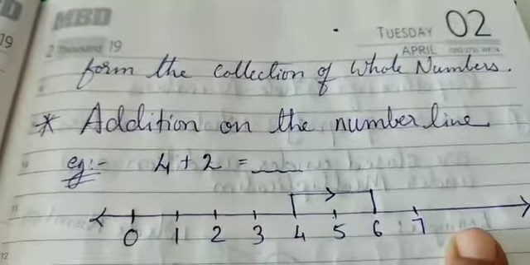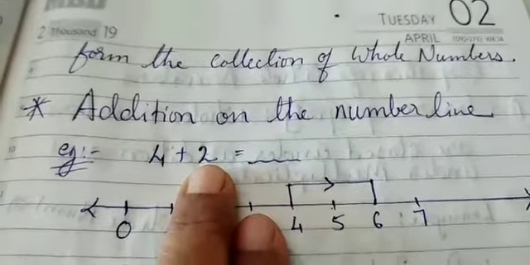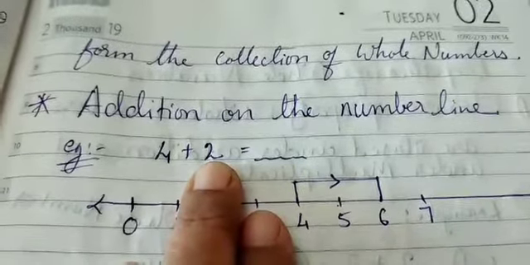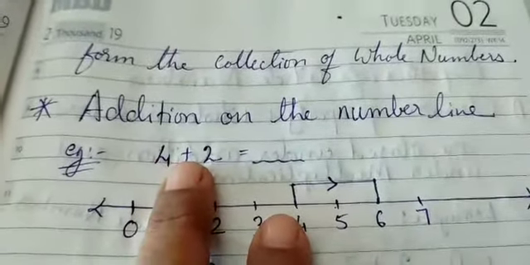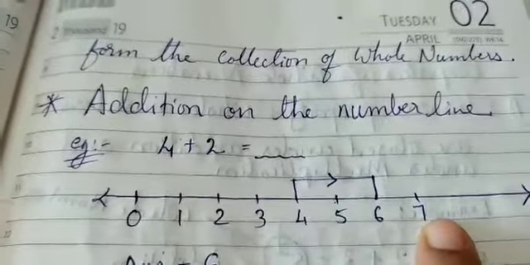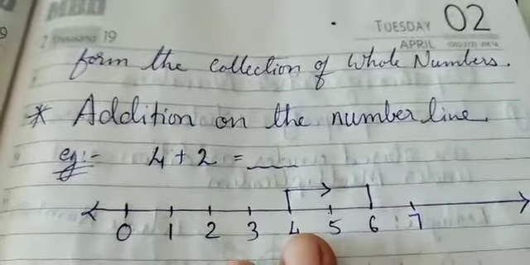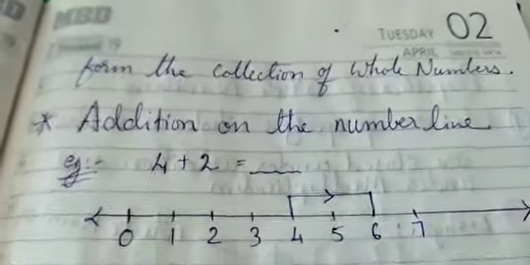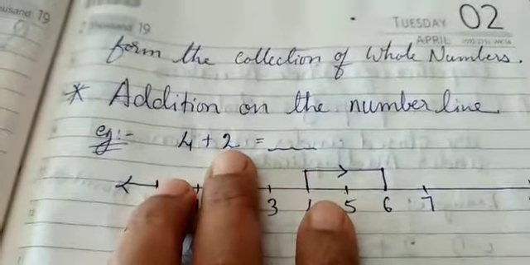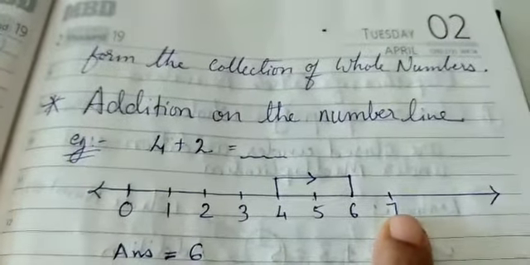Then at least how many numbers you require after 4? Then the next number tells you 2. Okay, you require 2 more numbers after 4 towards its right hand side. So after 4 I have taken 5, 6, 7, one extra number towards the right hand side of 4. If you take 2 more extra numbers, okay, it won't matter. But you cannot take less than the given second number. Okay, so I have taken numbers till 7.